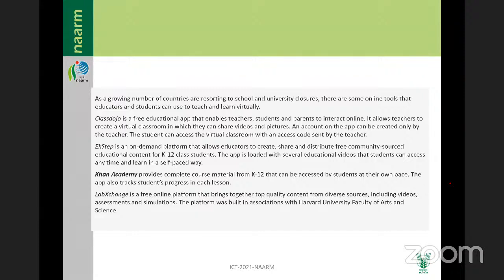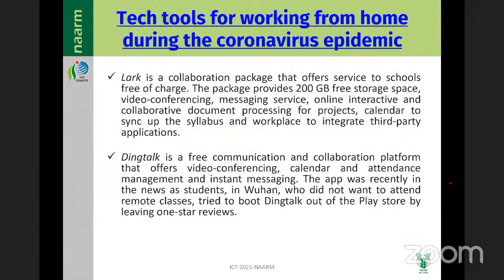Like that, there is a collaboration package for office services offered to schools free of charge. 200 GB free storage space also. Video conferencing, all digital. It is a free communication collaboration platform. Video conferencing, calendar, and all these things. So who are the MOOC providers?